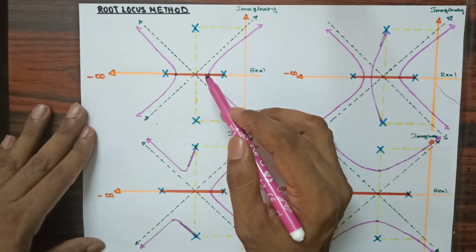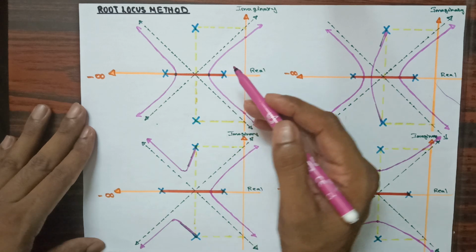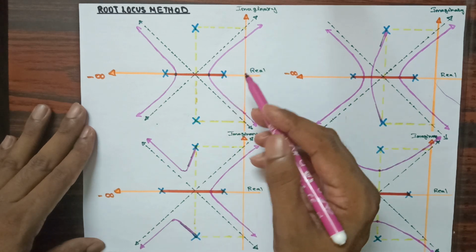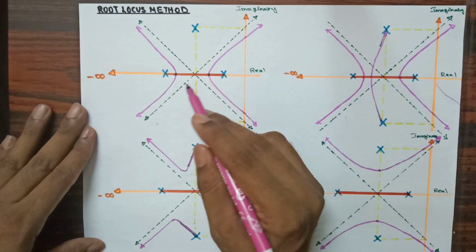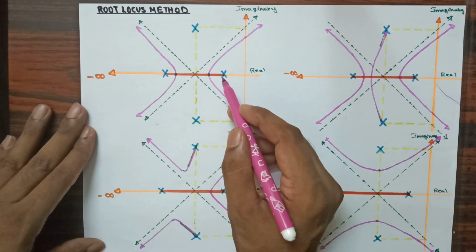Now as we know the procedure, when I apply the input, that is I vary the system parameter, gain K equal to 0 to infinity, then these poles will start to move. Here in this case you can see that the path we discussed in the general example, we are going to consider here as the root locus path.